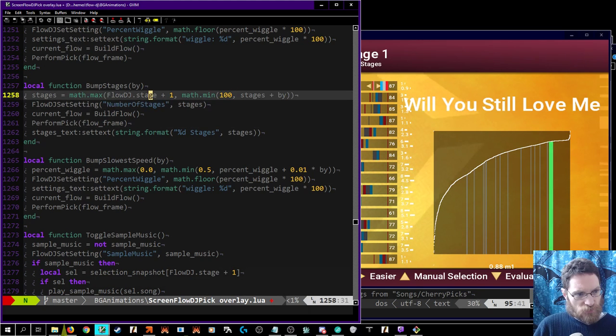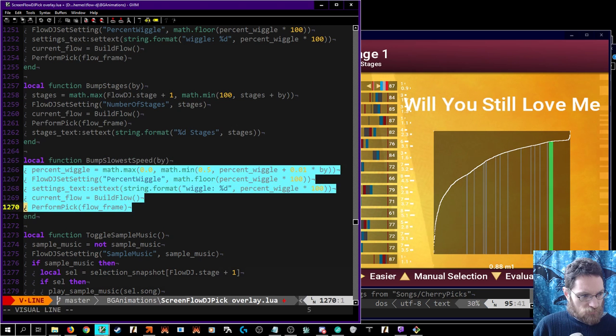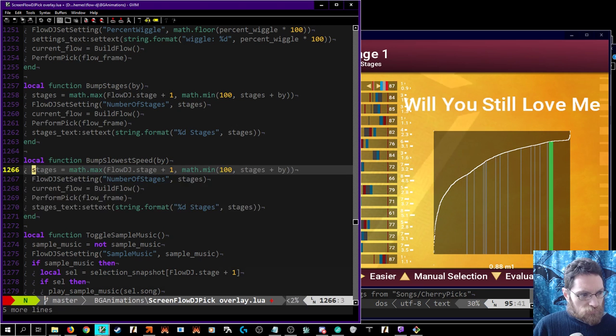Bump stages, I guess. So having a limit would be good. So it might actually be closer to this. Speed. Actually, stages is my